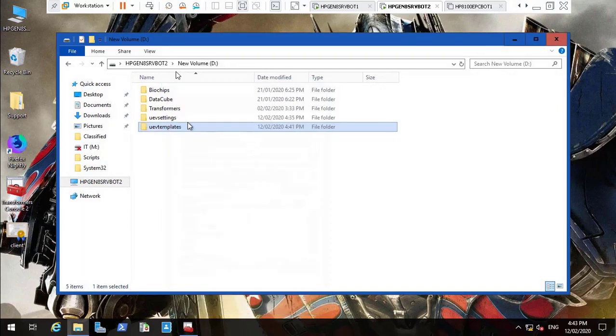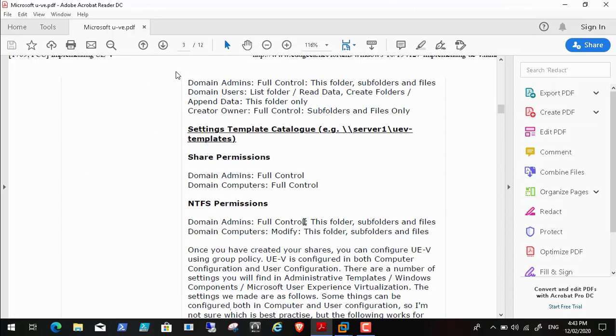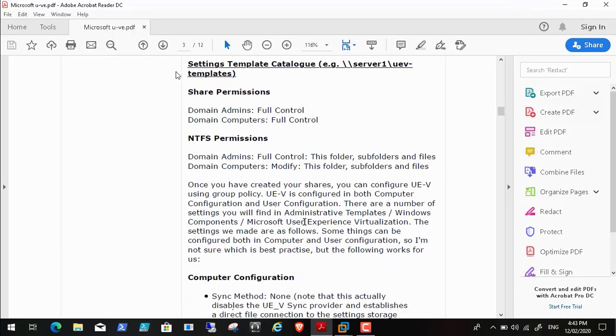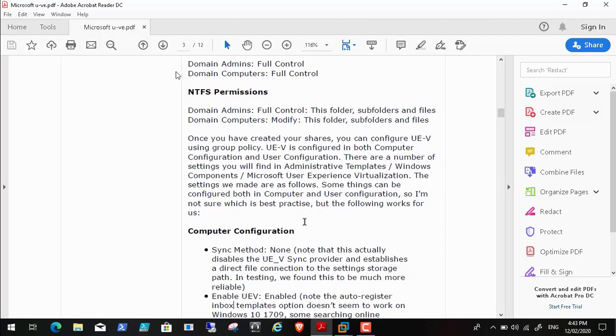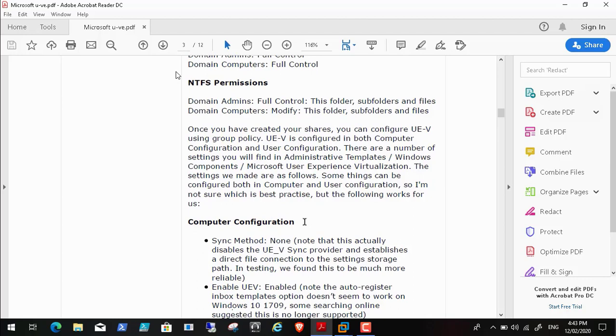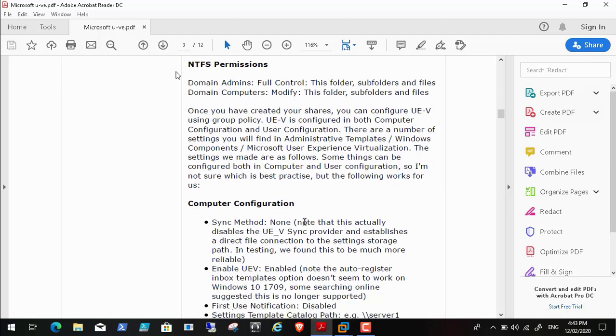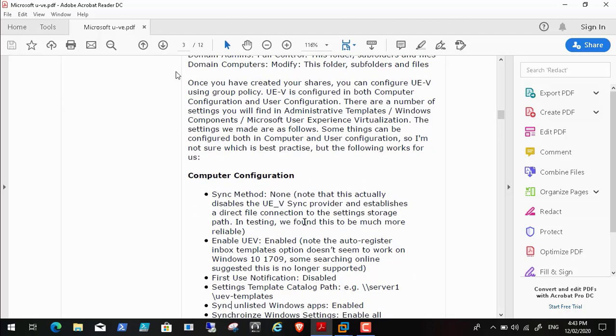We have done the shares. After that we will make a group policy to begin configuring the Microsoft User Experience Virtualization. Actually it works through an agent. It's installed by default on Windows 10. This agent, the Microsoft User Experience Virtualization agent, is installed by default